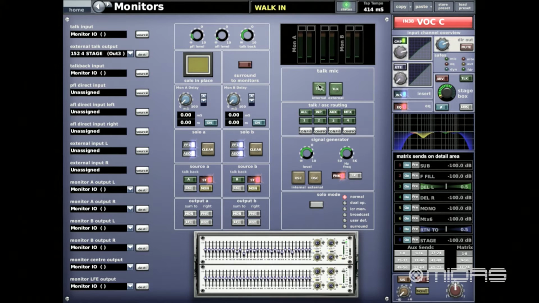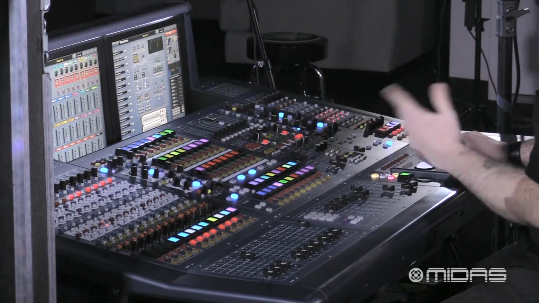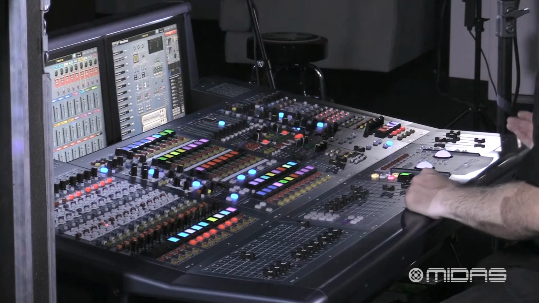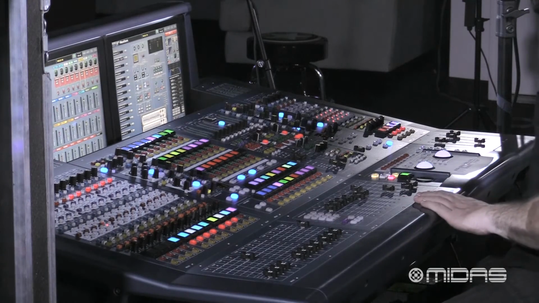Okay, below that now, the talk mic. We can assign it to internal or external. Internal is just what it says. If you want to talk into the console, like if you have a microphone, and I have one underneath the desk that I have saved here, I can just go ahead and bring that in and actually talk into physical inputs on the console. If I want to talk and leave the desk, how I have it set up,